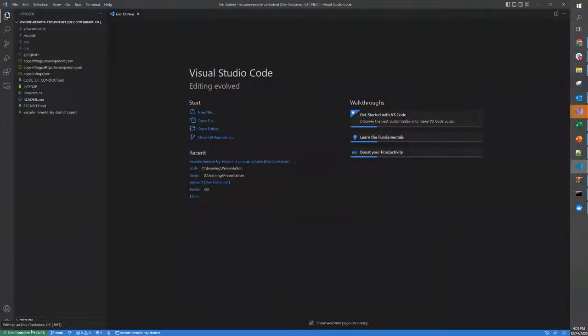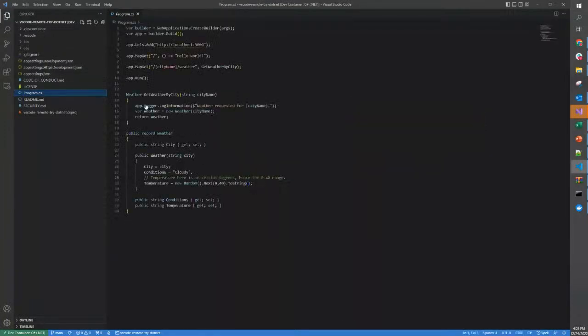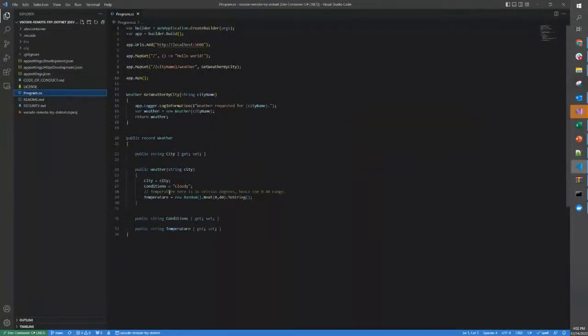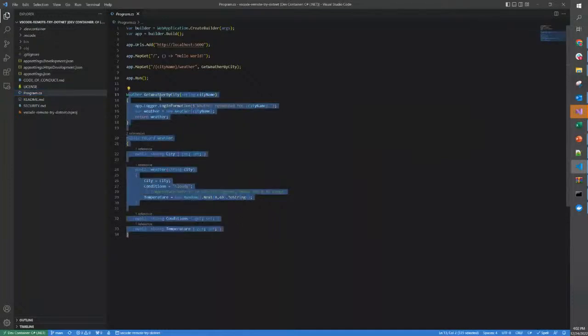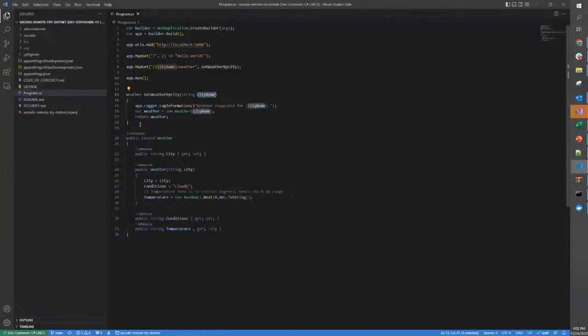ठीक है, तो ये स्क्रीन शेयर है आपके साथ। ये देखिए डेव कंटेनर सी शार्प को जो मैंने बनाया था ये वो बन गया। ठीक है, और इसमें देखेंगे जो जो एक सी शार्प की एप्लीकेशन को जो जो चीज़ें रिक्वायर्ड है वो यहाँ पर है। ओके, ये प्रोग्राम डॉट सी एस है, यहाँ पर आई थिंक कोई हेलो वर्ल्ड की एप्लीकेशन या कोई ऐड की होगी। अच्छा ठीक है, इन्होंने गेट वेदर बाय सिटी, सिटी नेम देंगे, उसकी एक डिफॉल्ट एपीआई बनाई हुई है।